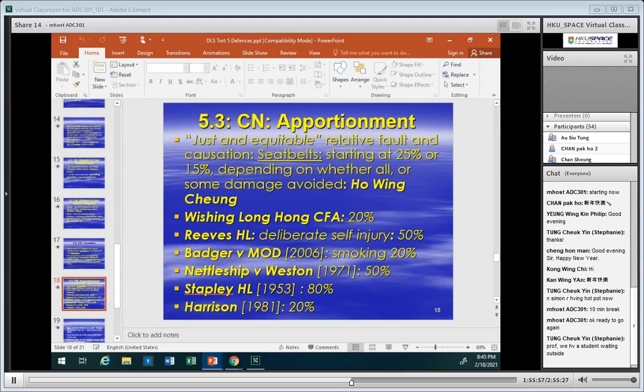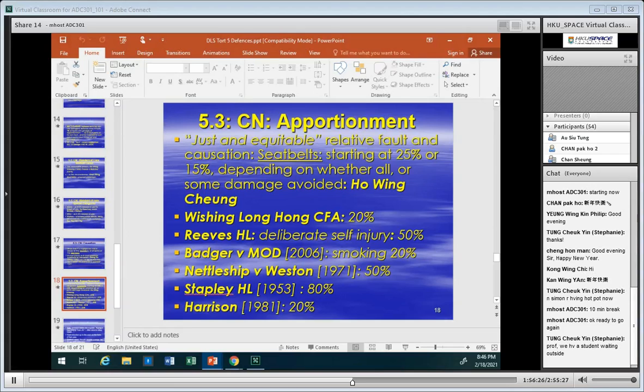And so there was breach of the duty of care in Nettleship and Weston. There was causation and damage because the driving instructor was injured. So the driving instructor in Nettleship and Weston sued the learner driver. Right, okay, good. And the learner driver was negligent. The driving instructor was able to prove all the elements of negligence, but the learner driver raised the